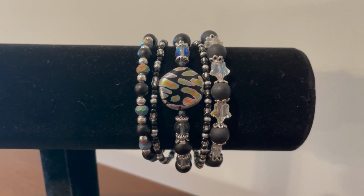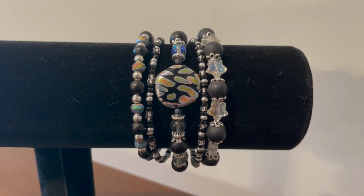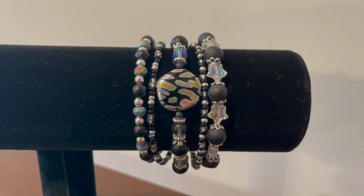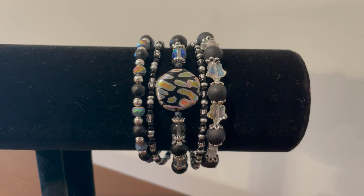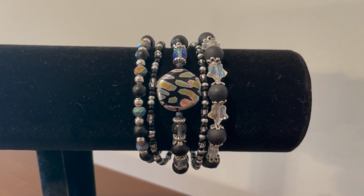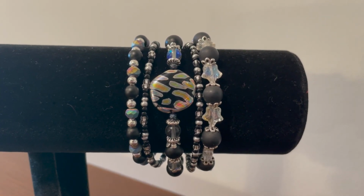I'm Casey, and today this is the multi-strand bracelet that I will be making. Most of the parts for this bracelet came from Didi's Deluxe bead box, and I absolutely love the way this bracelet came out. I am super excited about it,